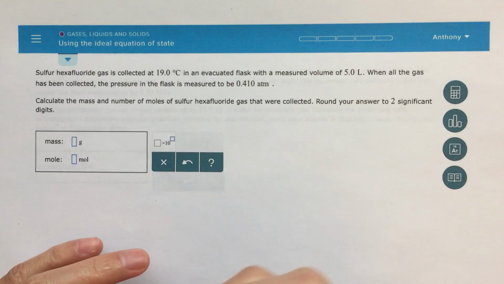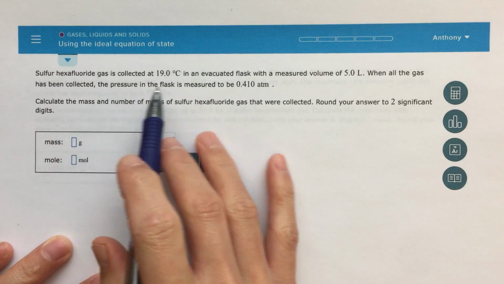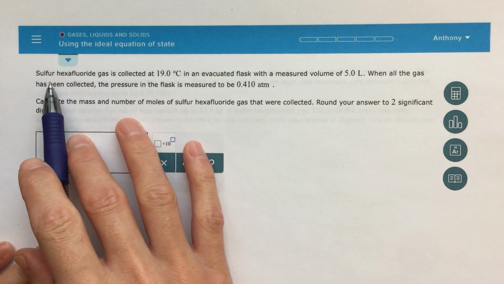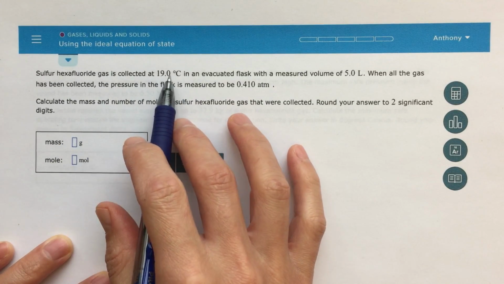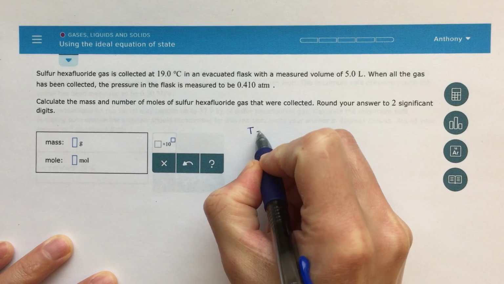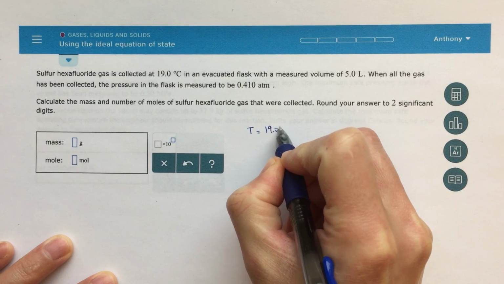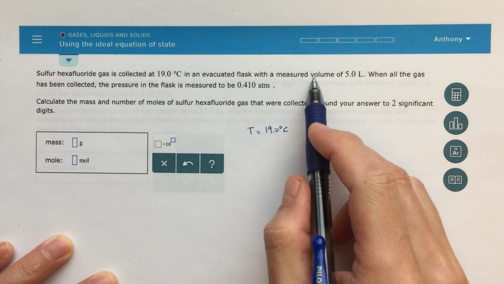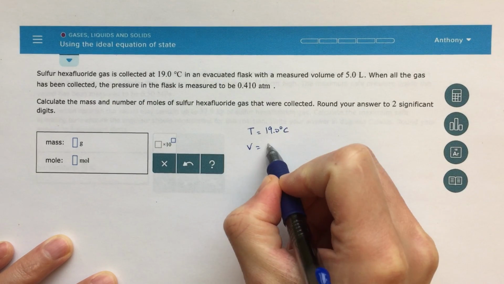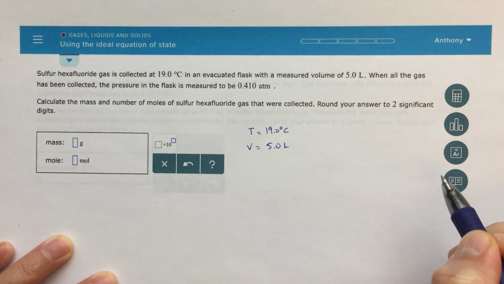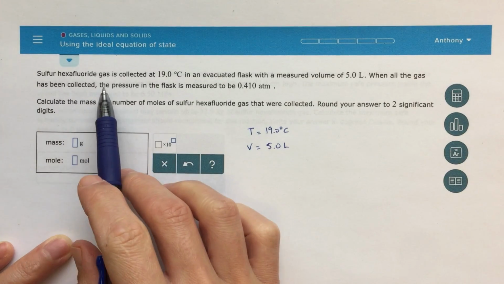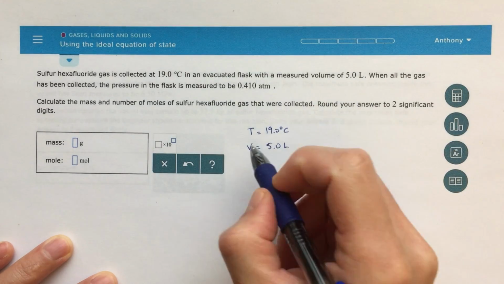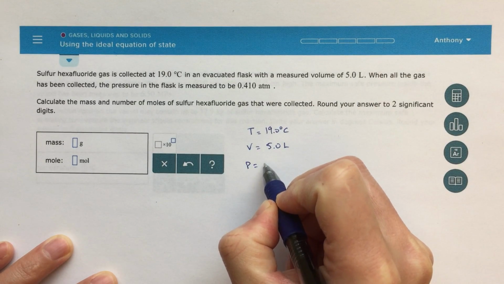So the first thing I'm going to be doing here is just organizing the information that's given. It says sulfur hexafluoride gas, so we're talking about some sort of gas, is collected at 19 degrees Celsius, so that's a temperature. So I'm going to start by writing temperature equals 19.0 degrees Celsius in an evacuated flask with a measured volume of 5 liters. So that's our volume of our flask. It's going to be 5.0 liters. When all the gas has been collected, the pressure in the flask is measured to be 0.410 atmospheres. So that's obviously going to be the pressure. Pressure equals